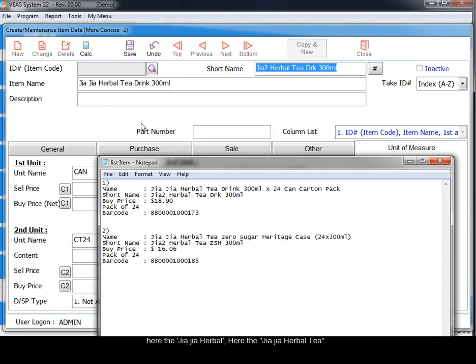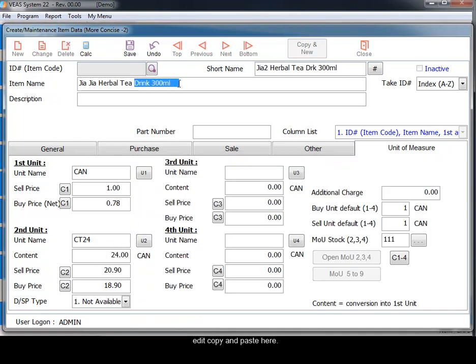Here the Gia Herbal Tea. Maybe I just copy Zero Sugar Heritage. Edit, copy, and paste here.